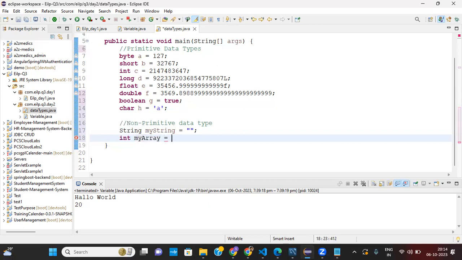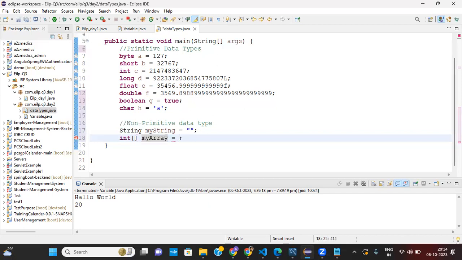That is the variable name, and now I have to give some values. What makes this an array? How do we know this variable is an array? To make this an array, after the data type we have to mention square braces. This square braces makes this variable an array.